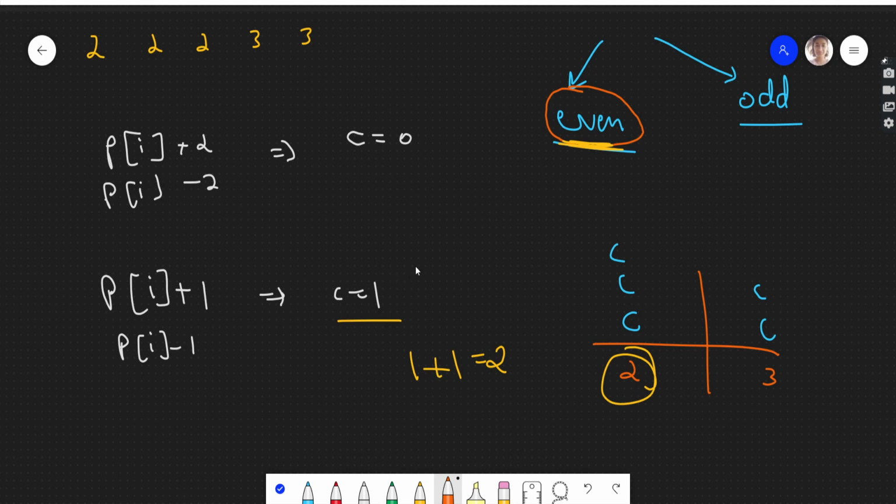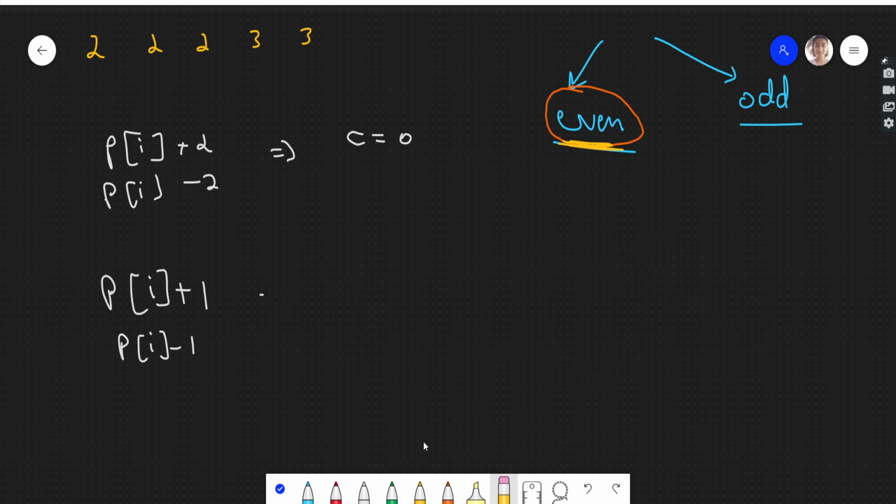So from this what we get is there could be two cases, right? There could be two cases. If I say that I want the final position to be even, then if my p of i is even, there will be no problem. Why there will be no problem?